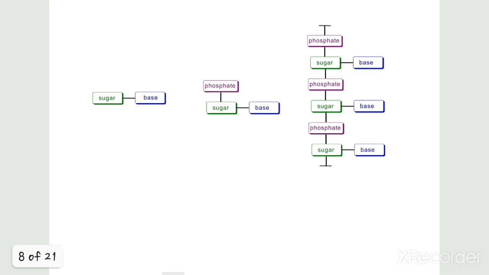carbonyl. So here you can see that the base will be attached to the sugar and the sugar unit will be attached to the phosphate group. The phosphate and the sugar will form the backbone of the nucleic acid, while the base will be pointed toward the other base that is complementary to this one in the antiparallel strand of the DNA. As we know, DNA is a double helical structure, so the bases from both strands will be complementary to each other. For example, adenine will form a bond with thymine and cytosine will form a bond with guanine.